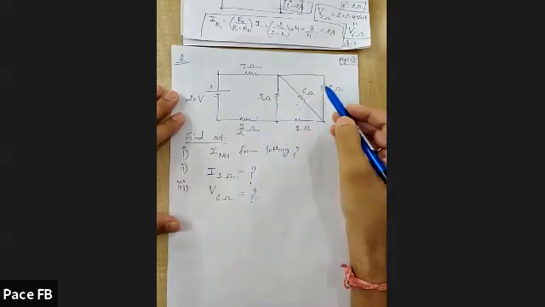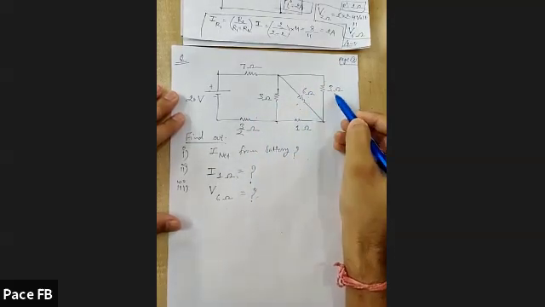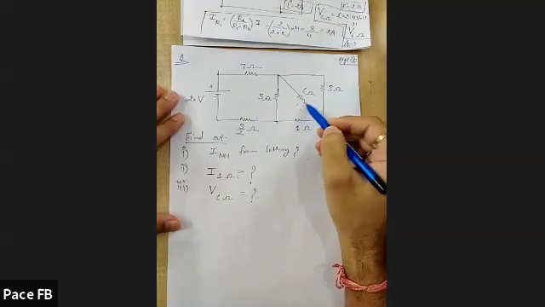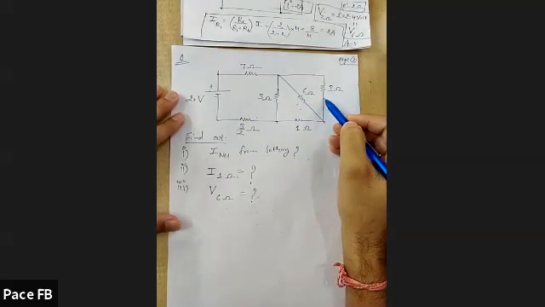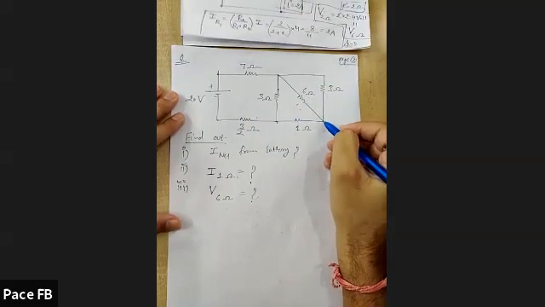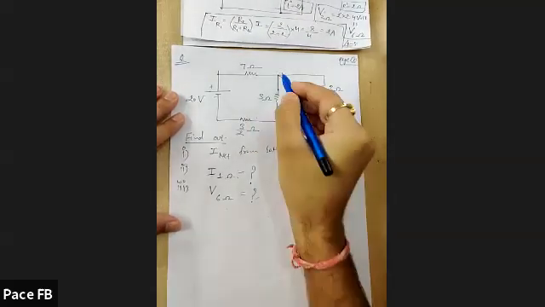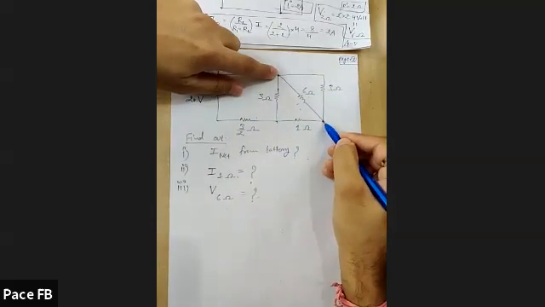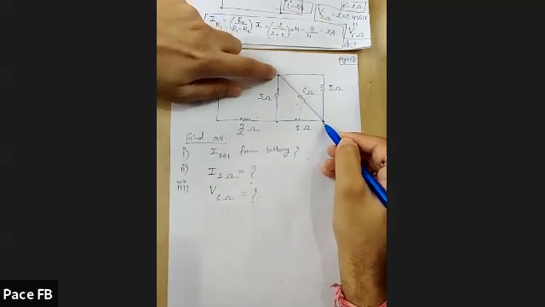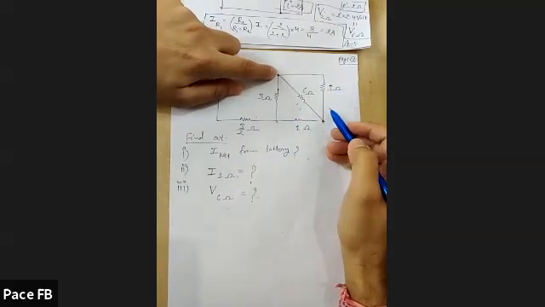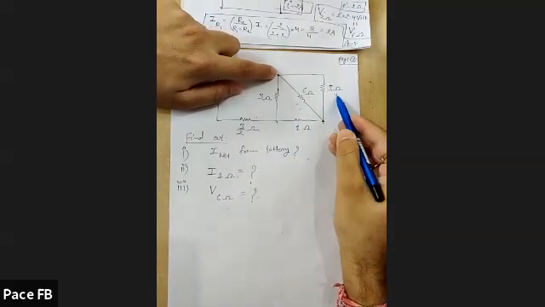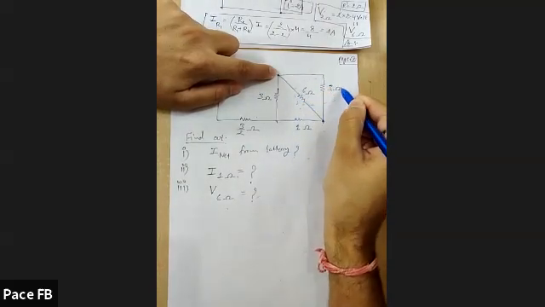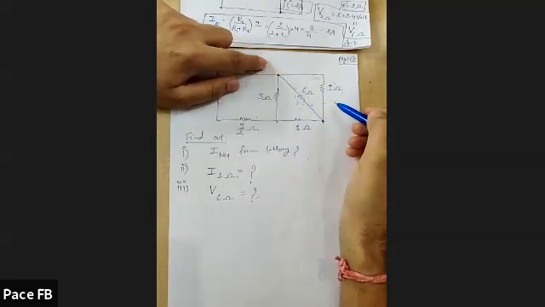But now the 6 ohm and 3 ohm, I can see that these two are still in parallel, because this point is common for both of them and this point is also common. These two points are common, the right hand side point and left hand side point. For 6 and 3, both the points are common. It means 6 and 3, these two are connected in parallel.